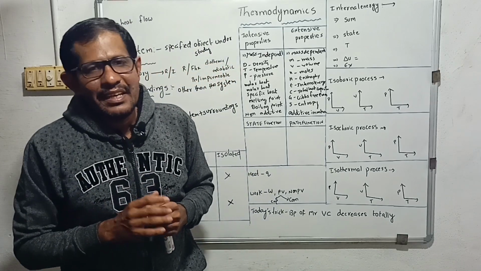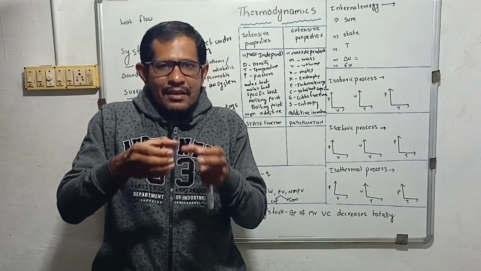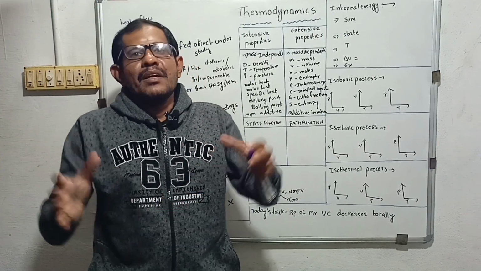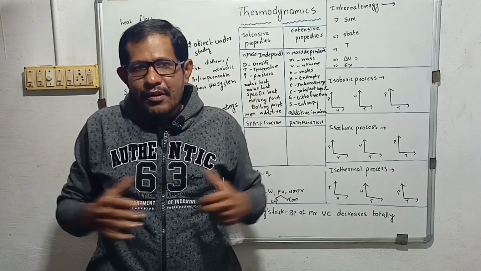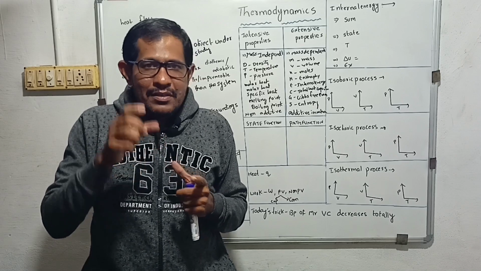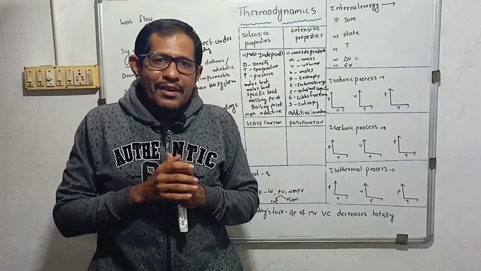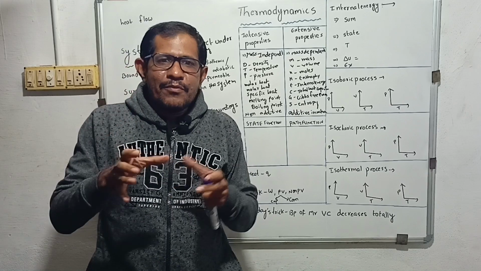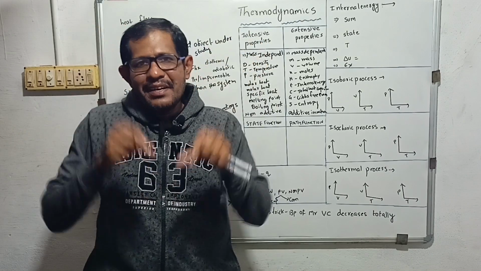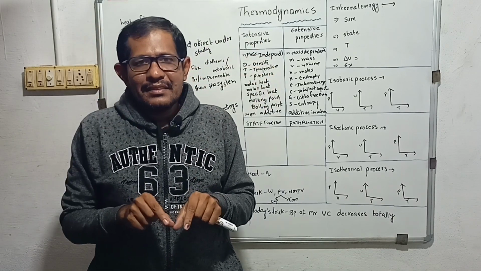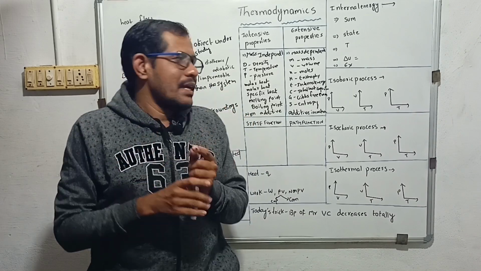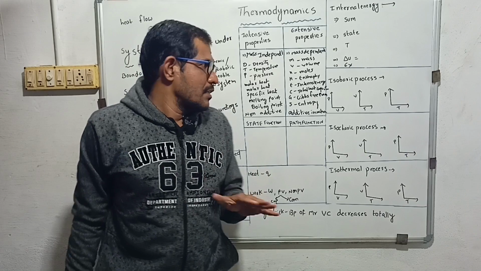Water density. If you take water density, in 1 glass of water, it is the same density. If you take a bucket of water, the density is the same. In a pond or lake, the water density is the same. But the water mass is different. In a glass of water, mass is lesser than in a bucket full of water, right? And a bucket full of water has less mass than the water in the lake. That's why mass is mass dependent. Volume is mass dependent, right? In such a way we can identify which is an intensive property and which is an extensive property.